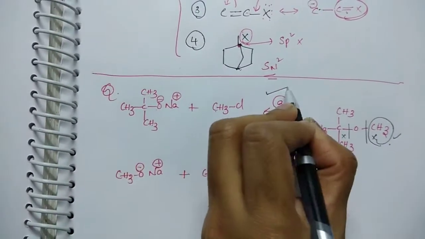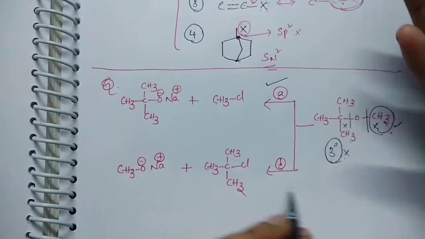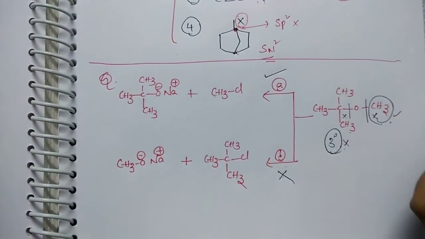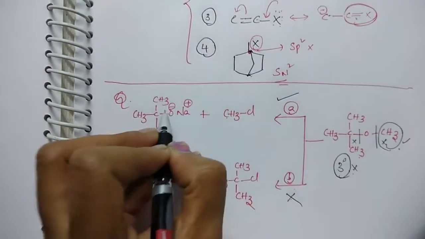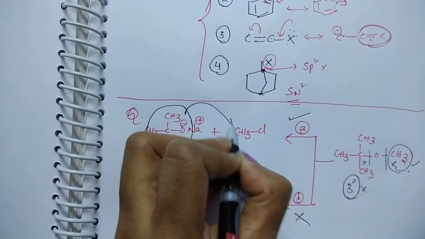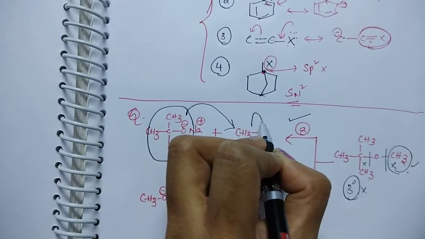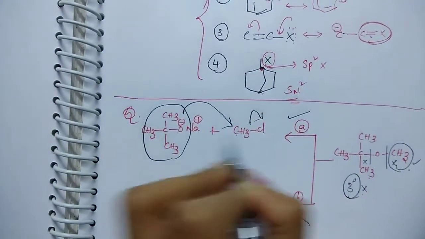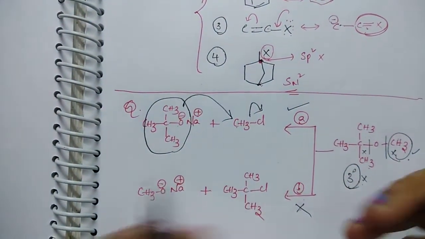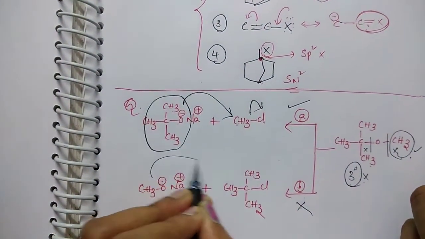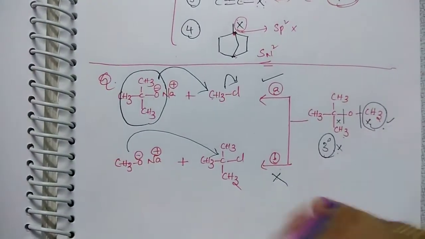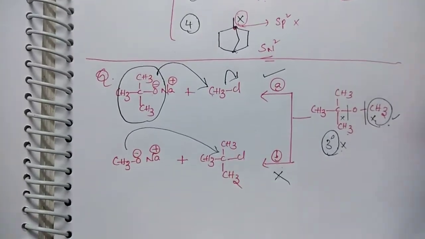This one. That means route A is better, gives a better yield, means a better product. Here route B won't work. Clear? The reason is what, students? Here this is the nucleophile which attacks this carbon. This chlorine goes as a leaving group, means Cl minus, and Na plus both go as NaCl. And this one can't attack this hindered carbon, and the SN2 mechanism is not possible in this case.